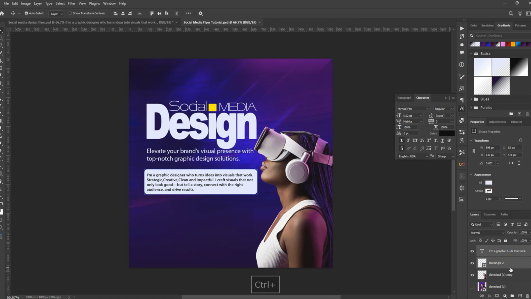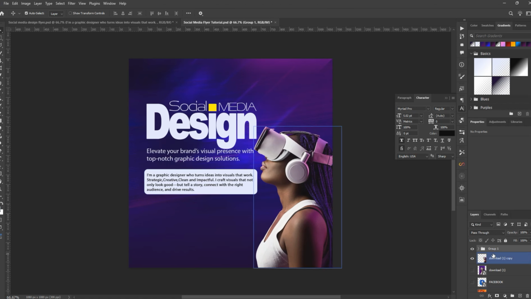let's group this text first. This one here, select them together, press Ctrl G on your keyboard, double click and rename it. Let's call it body text. The reason why we are doing this, so that we can easily identify them or locate them. Okay,